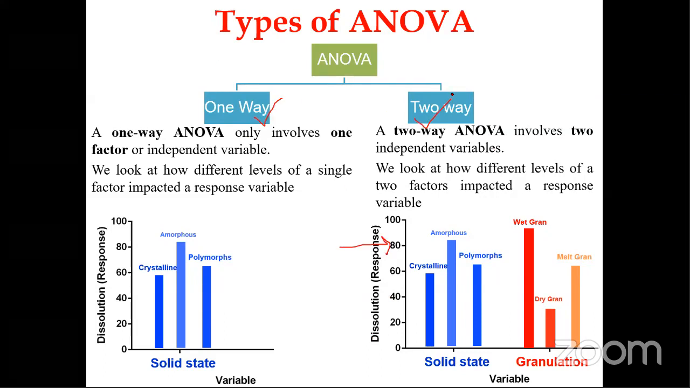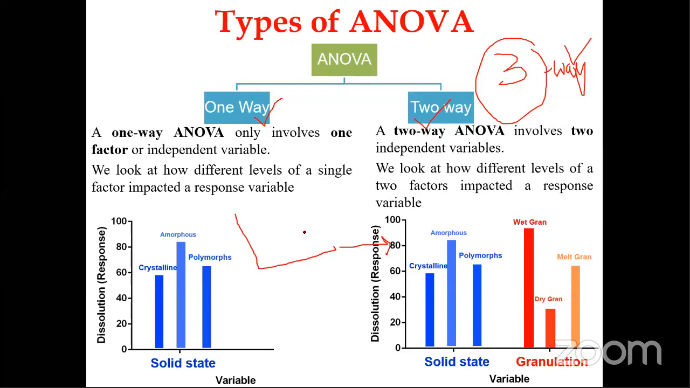Now the question is, if you take any tablet or any pharmaceutical product development, we have n number of variables. There is not only one variable. There are so many variables. Then what is the statistical tool we have to do that? Because have you heard at any time of three-way ANOVA? You may never have heard this term called three-way ANOVA, because graphically we are able to show only